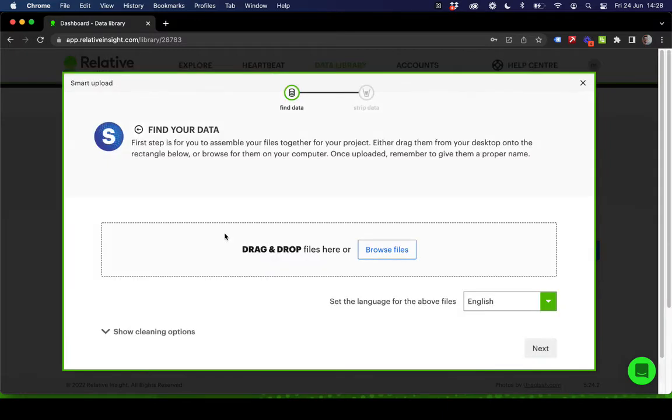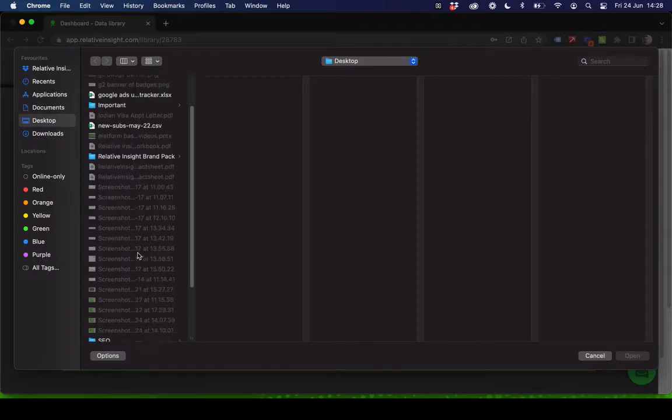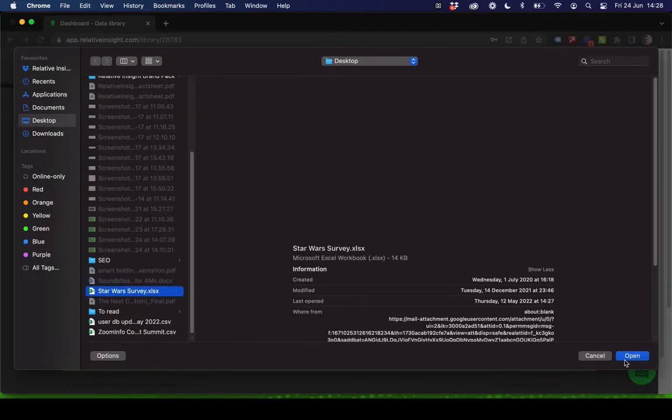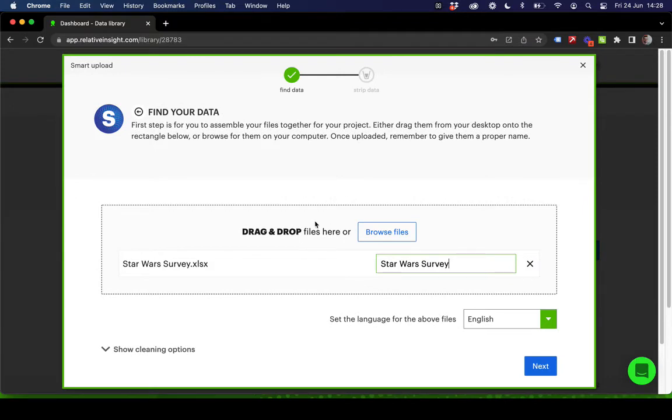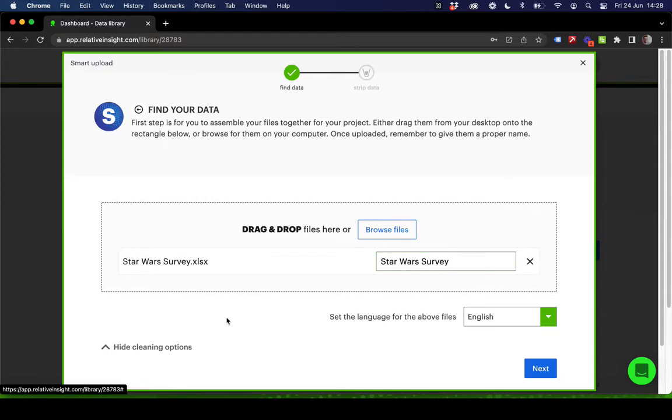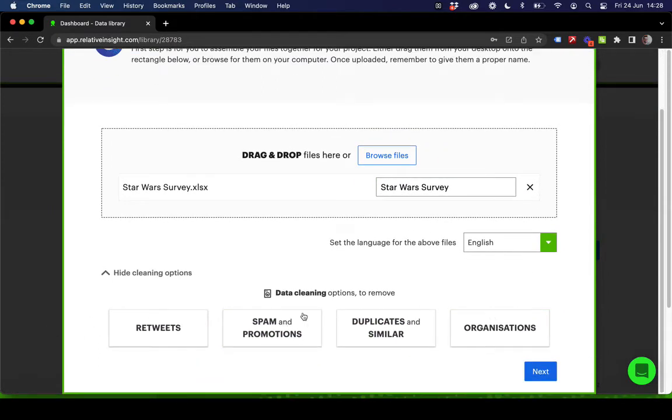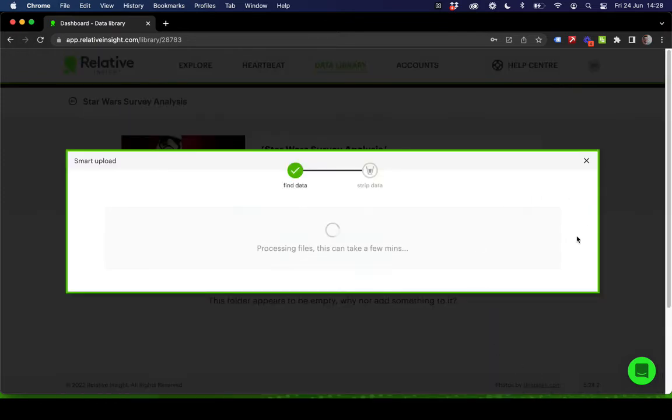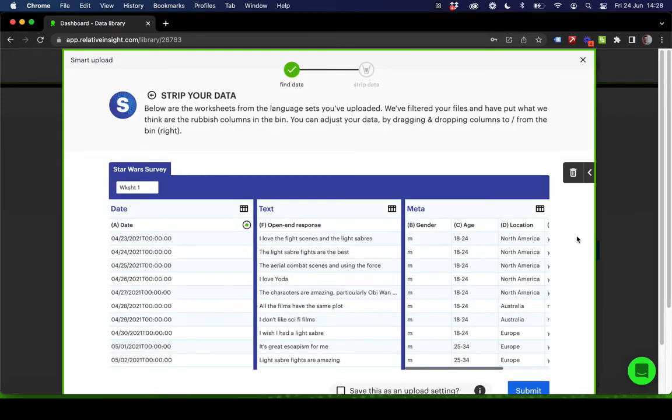So clicking Smart Upload here, we are prompted to attach a file. So I'm going to go ahead and attach my file here. We can rename that file if we want. We can specify the language that the file is in, and we can optionally enable our cleaning options, which again are really useful for stripping things out of your data that you're worried might distort your analysis. Once that's been done, we can click Next,